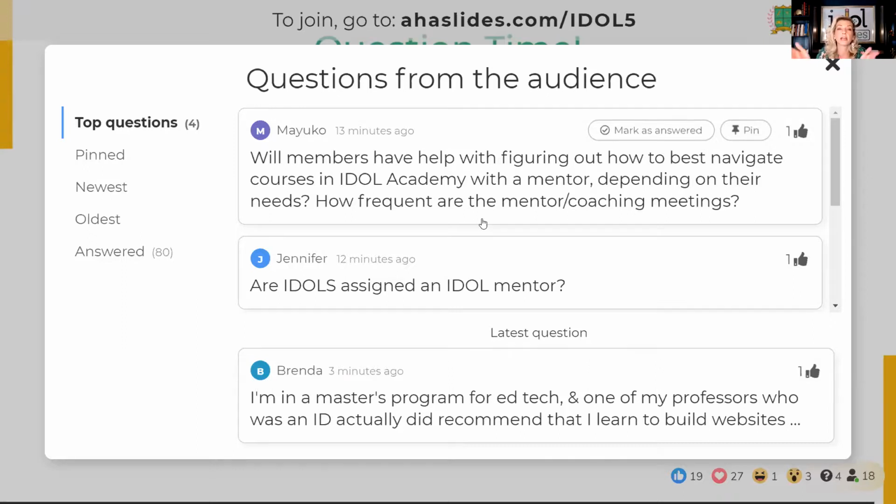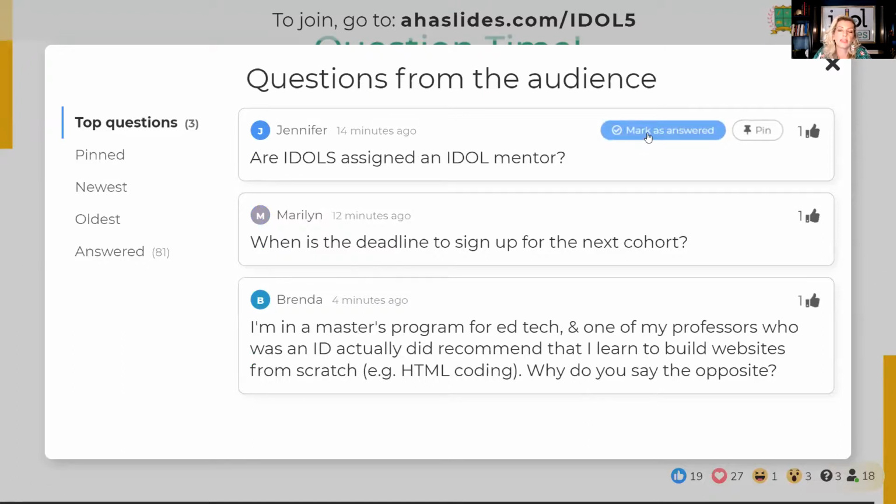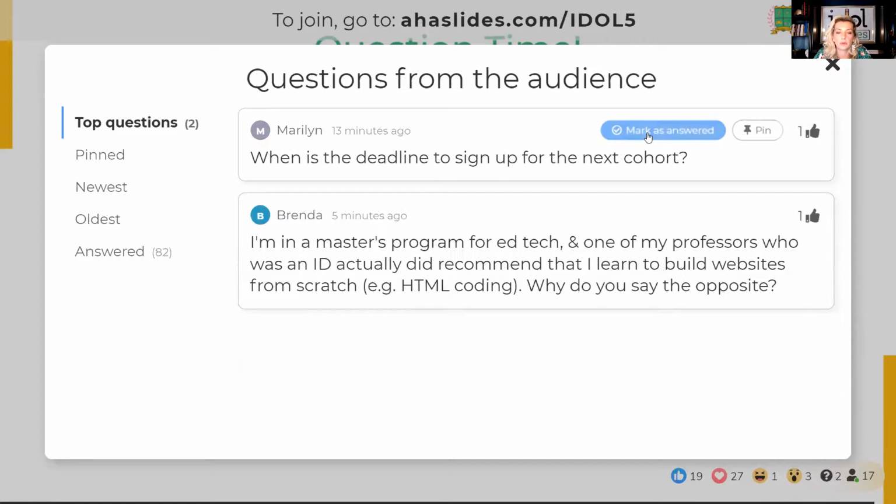So every mentor, like I said, we've got 10 of them, Monday through Sunday, like I'm hosting their sessions. And so it's frequent. So there's 10 sessions a week and you can go to any and all of them. You are not assigned one, you get to pick your mentor and that also probably has to do with which time and day of the week works best for you and your schedule.